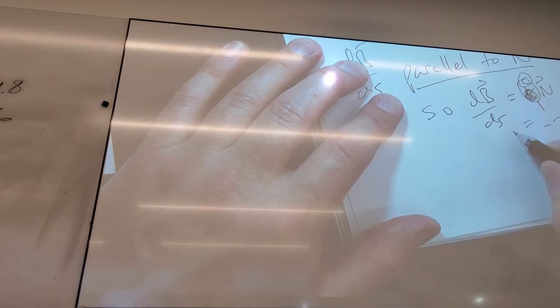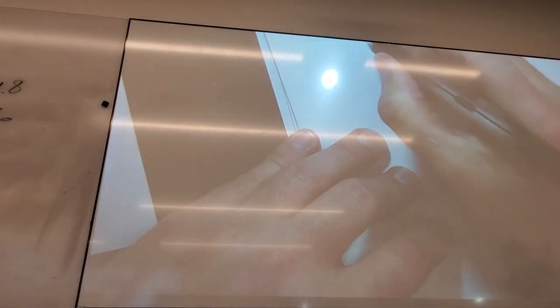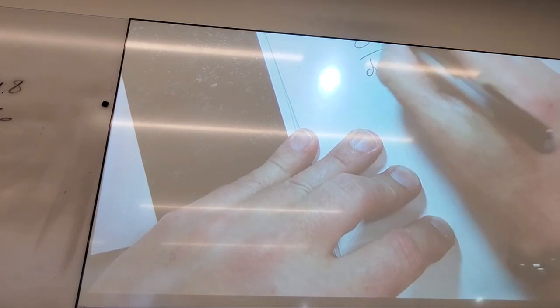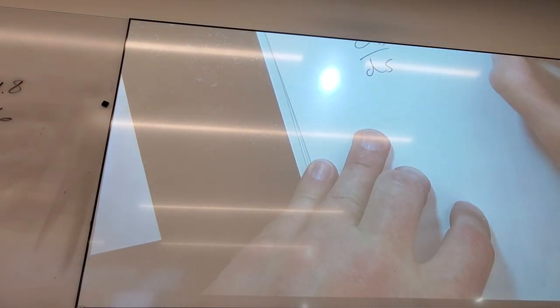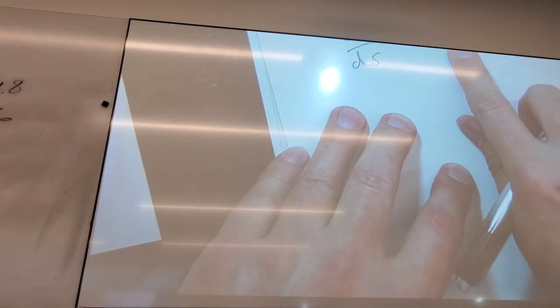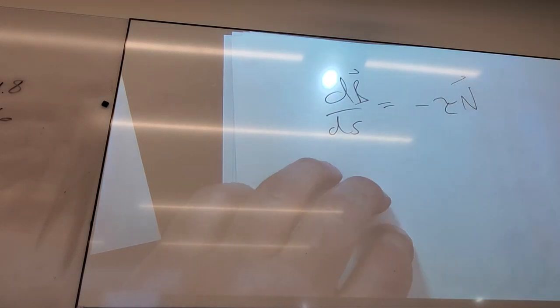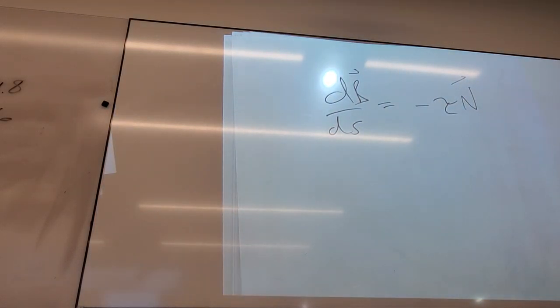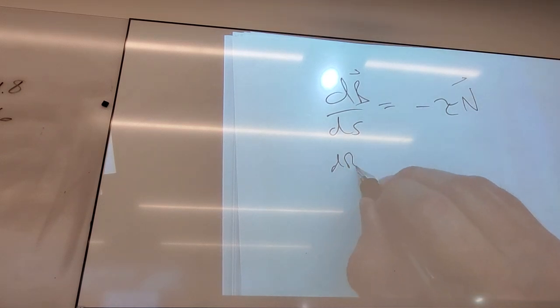So if this is true, let's start over again. dB/ds is equal to negative tau N, and this is my torsion. Oops, sorry. And if I dot both sides with N,